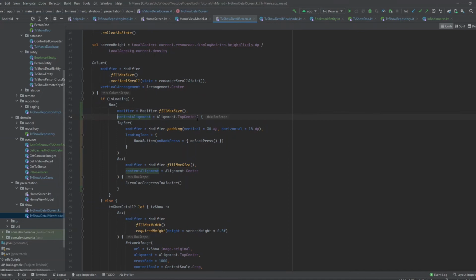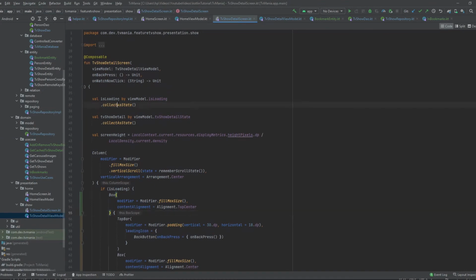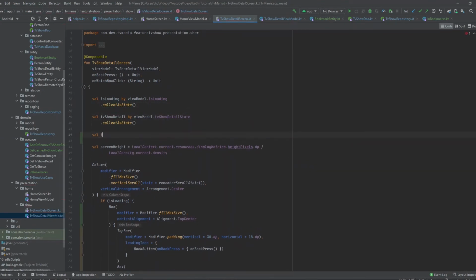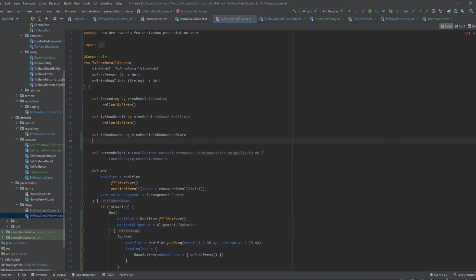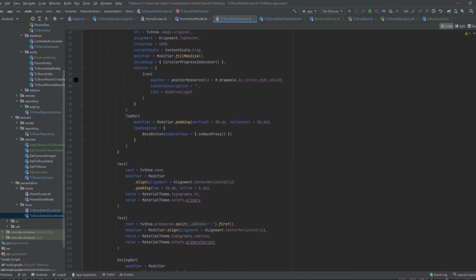So the other observable that I have to create here is bookmarks, I'm going to add bookmarks afterward. So we have is loading, TV show detail, and another in bookmarks by view model in bookmark state collect as state. If we have loaded successfully the TV show detail, what we have to do, we have to put